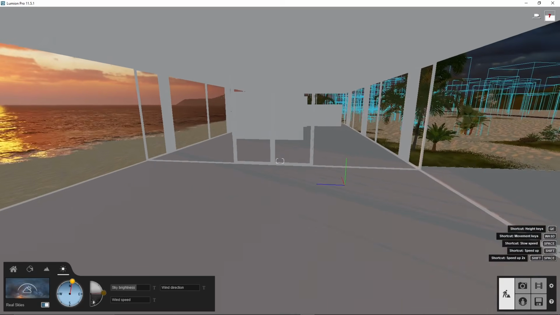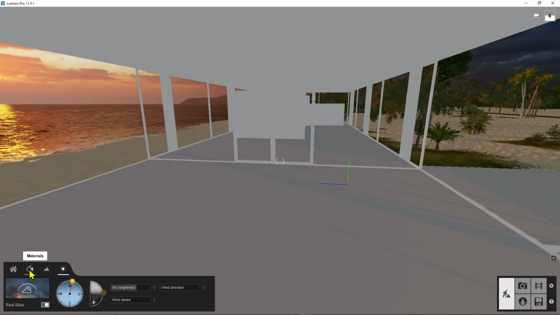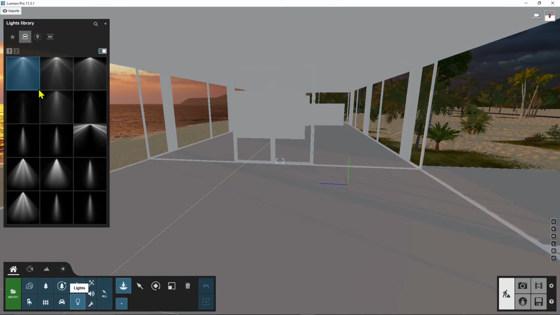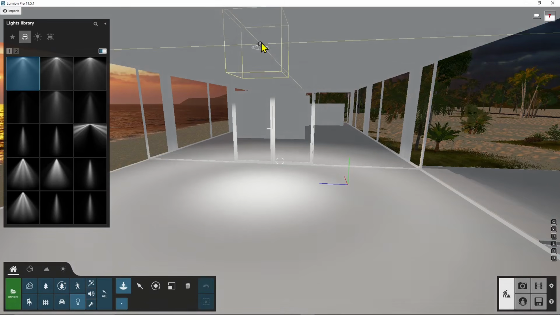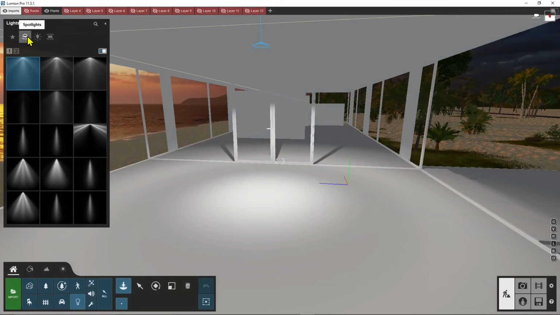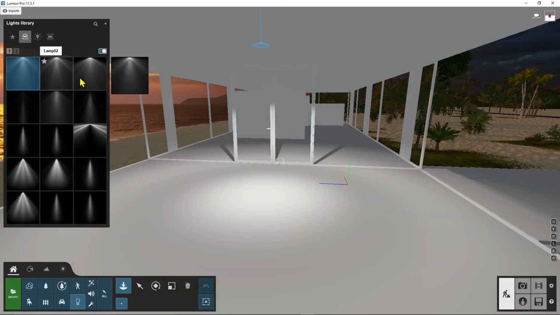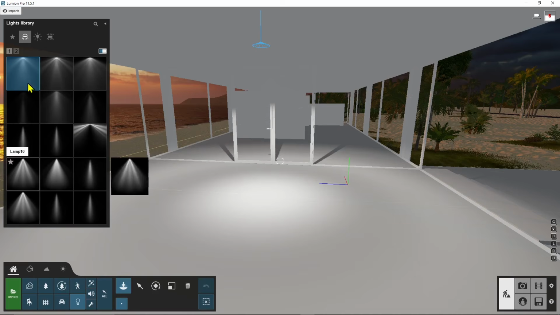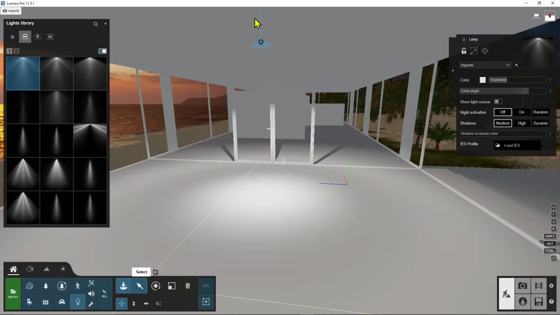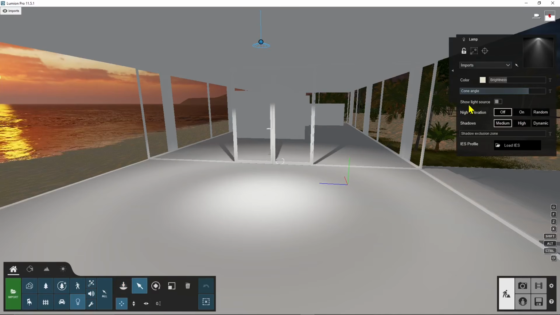But let's see how we can use the artificial lights. So I will go here to lights. All right, so of course you can use a combination of artificial and natural. This first type of light here, the spotlights, is not appropriate when you want to simulate natural light, because they are obviously artificial lights. So this can be visible, so you can do show light source, and be careful